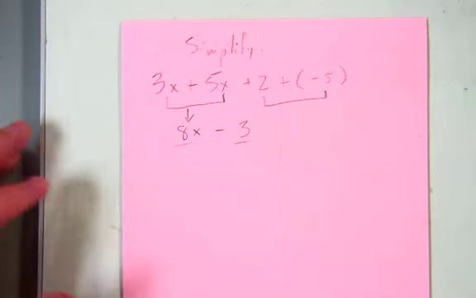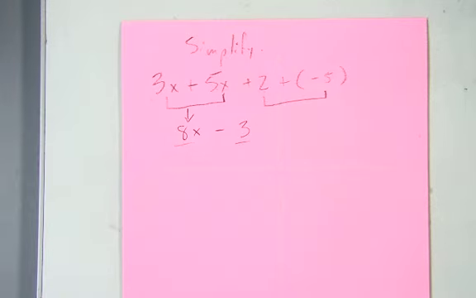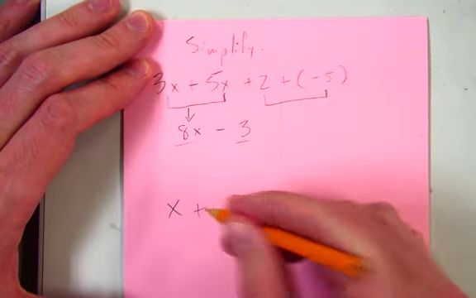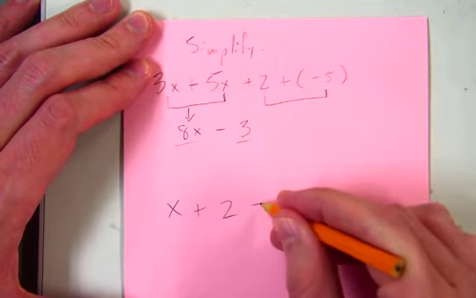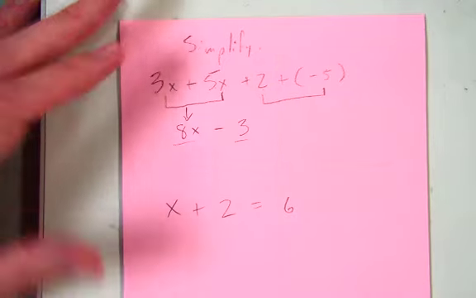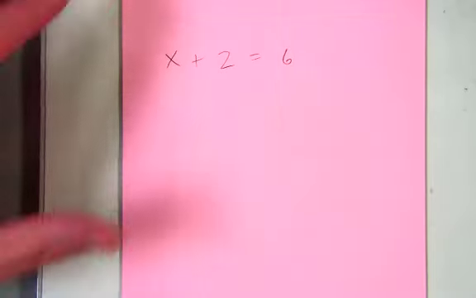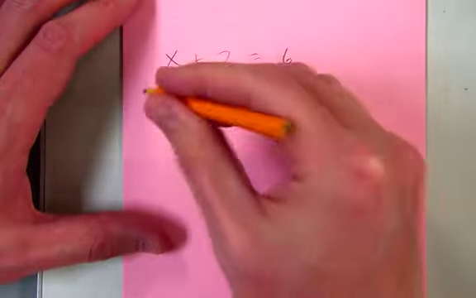So let's start talking now about equations and more of what we can do there. So let's look at a very simple equation first here. Let's say we have something like x plus 2 equals 6. I know it's an equation because it has the equal sign in it. It's got an expression on both sides to work with. Okay? So what we're going to do with this is we're going to decide, is